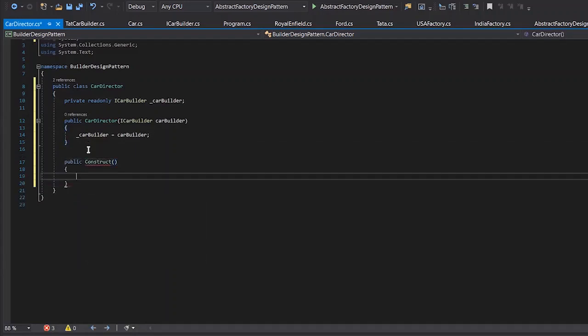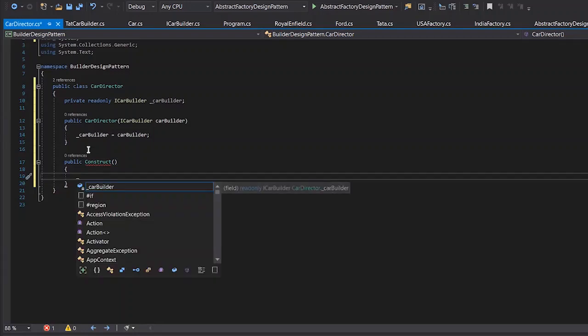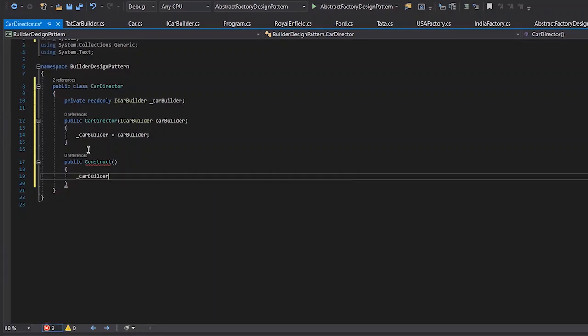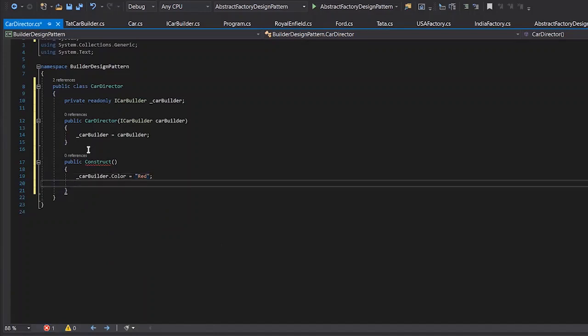Construct method, where we will be doing the construction of the object. So let's car builder. Let's set the color red. Car builder dot doors, those would be say 4.